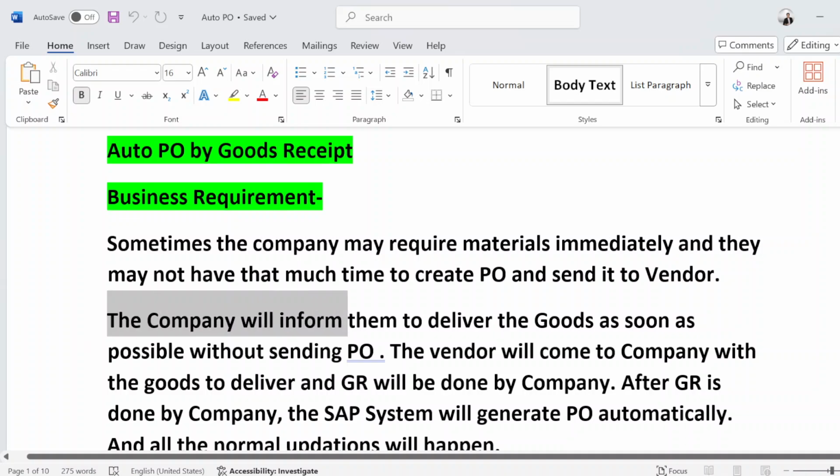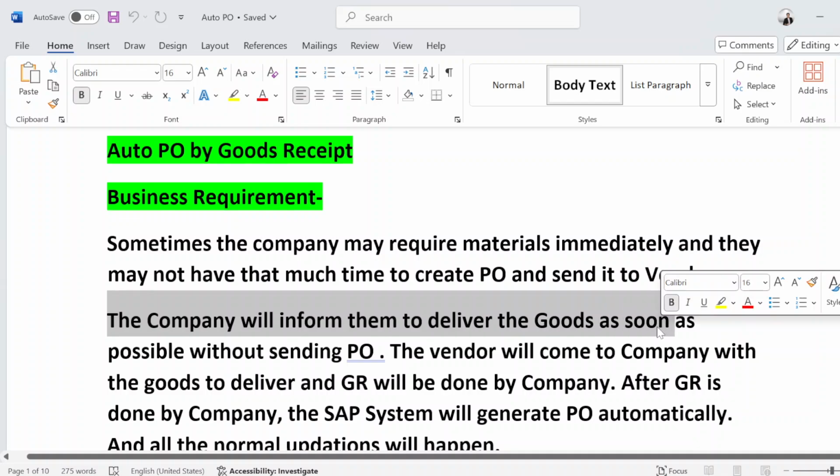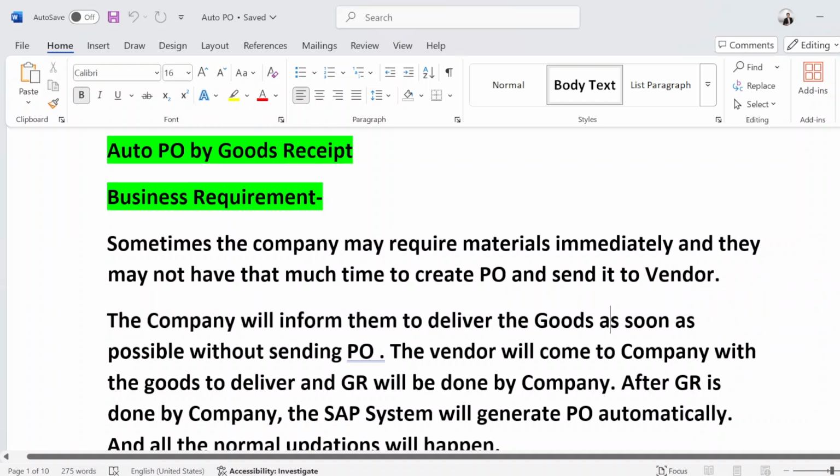The company will inform the vendor to deliver the goods as soon as possible without sending any PO. The vendor will come to the company with the goods, and goods receipt will be done by the company. After GR is done, the SAP system will generate the PO automatically.